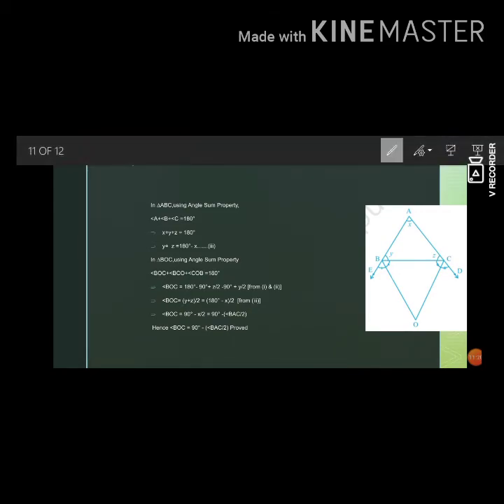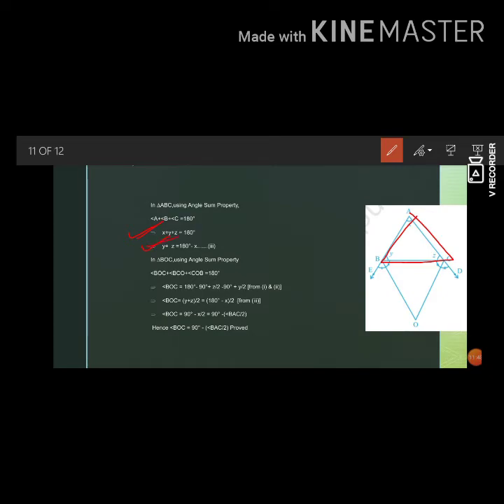Then the top triangle, that is ABC. Here it is a triangle and we know by the angle sum property, angle x plus angle y plus angle z is equal to 180 degrees. We will subject y plus z. So on subjecting y plus z, we can write it as 180 minus x. This becomes our third equation.